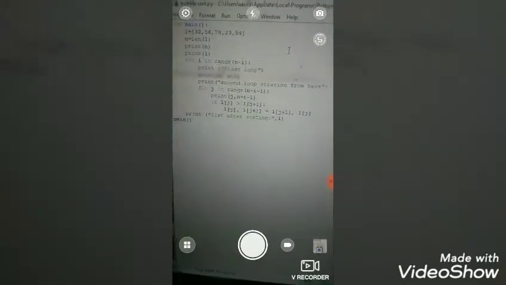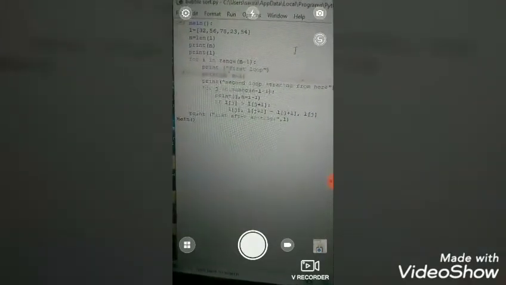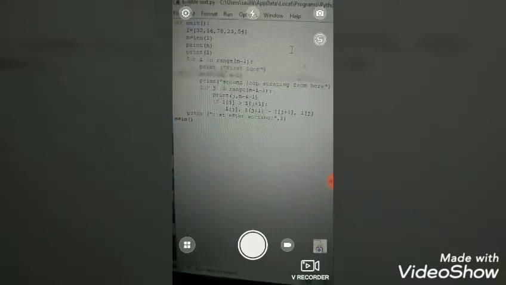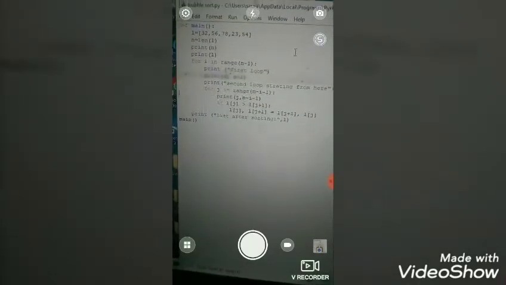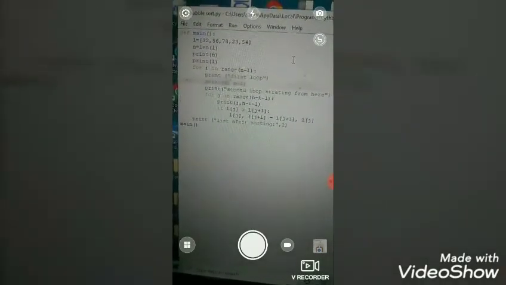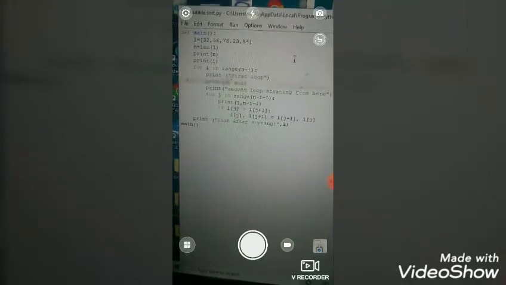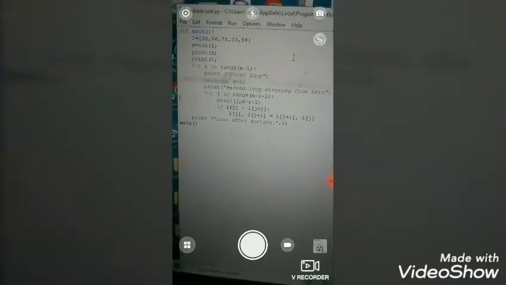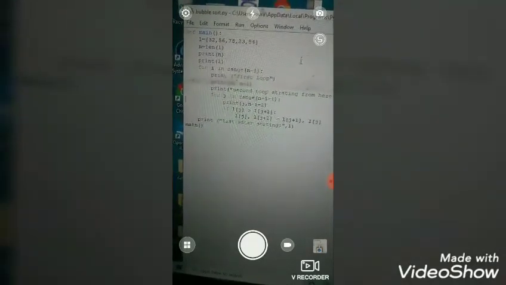Let's understand the bubble sort algorithm through another program that is given in our textbook. I made some changes in this program so that it is helpful for understanding the loops. First see the program: we define the main function, and inside it there is a list and another variable n, which holds the length of the list.